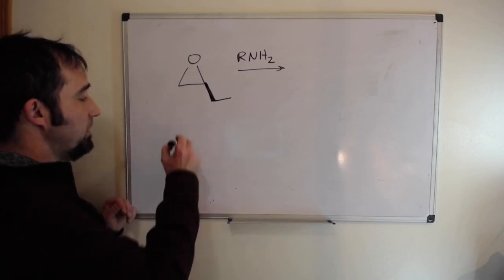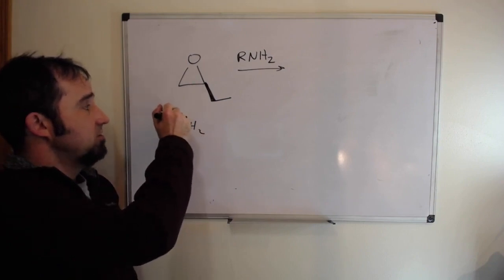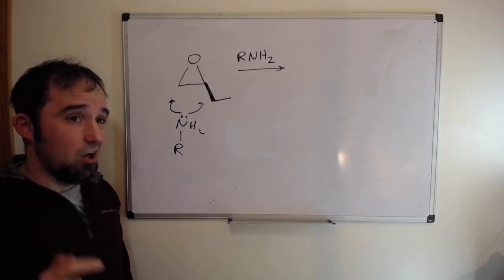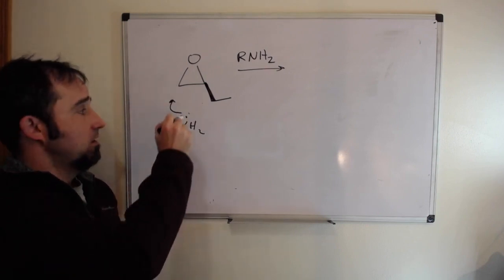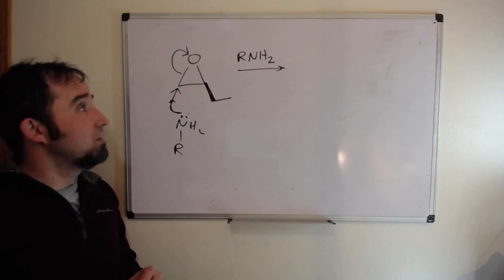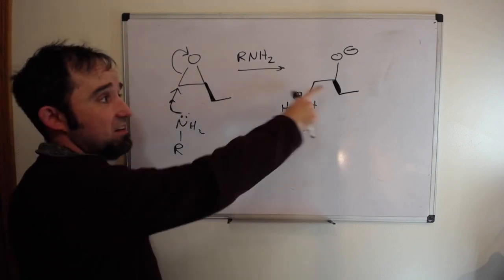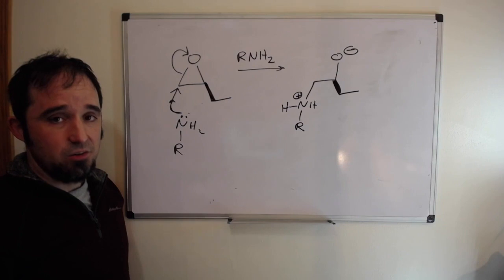Right? So my nucleophile is my amine. Amines are good nucleophiles. This is going to be a good SN2 reaction. Which of these carbons do you think I should attack in an SN2 reaction? Well, what do I know about SN2 reactions? I know that it is sensitive to sterics, so I'm going to come at the less hindered end of the epoxide. So I'm going to come from the left. My nucleophile is going to attack backside to this oxygen. The oxygen is then going to leave, in scare quotes, right? It's not going to go too far, but I'm going to break that C-O bond. So that is my ring-opened product. Notice that the stereochemistry here didn't change because I didn't do anything to that stereocenter. And if I have an O- and an NH+, I'm probably going to get to this neutral amino alcohol pretty